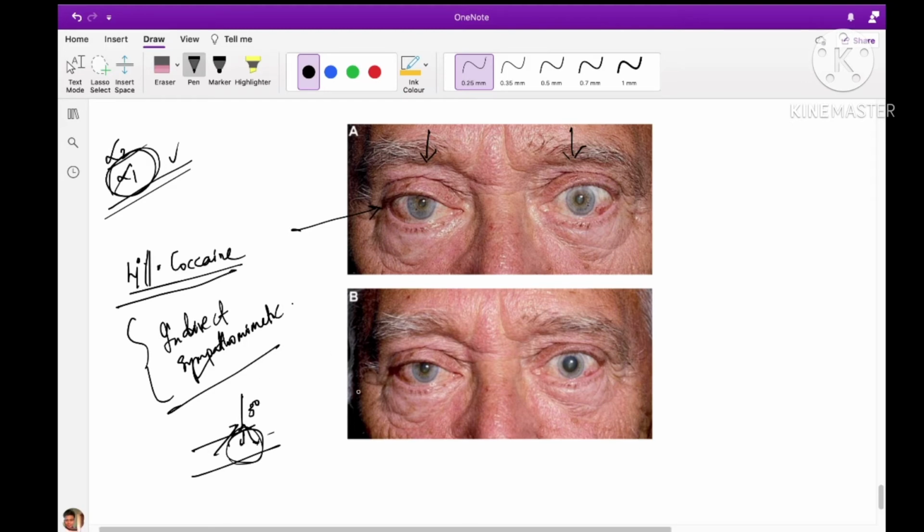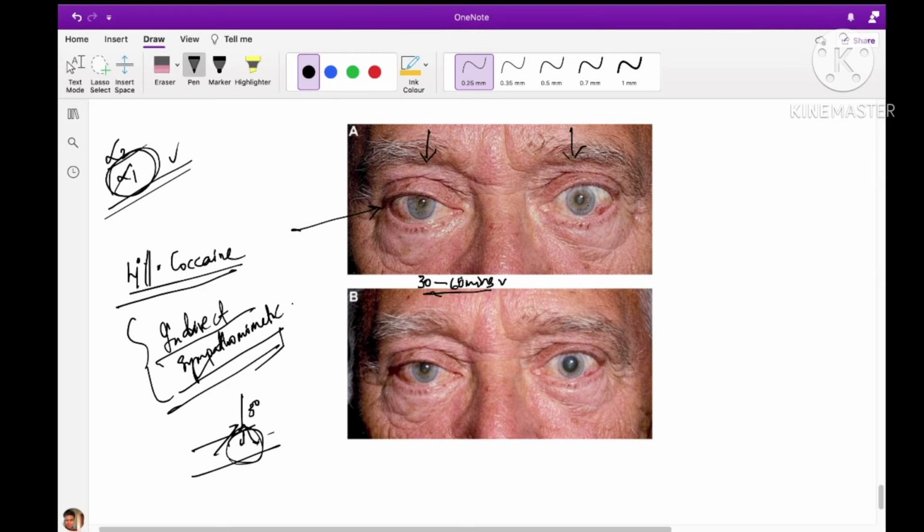So what will happen in a sympathetic pathway lesion, as in Horner's? There is no noradrenaline released here, so the cocaine can't do its effect. It's an indirect sympathomimetic, right? So the cocaine, of course, produces almost no effect. I forgot to mention, we have to wait for 30 to 60 minutes in all the tests, right? In apraclonidine also we have to wait for 30 minutes. We can take the first reading at 30 minutes, then again at 45 minutes.